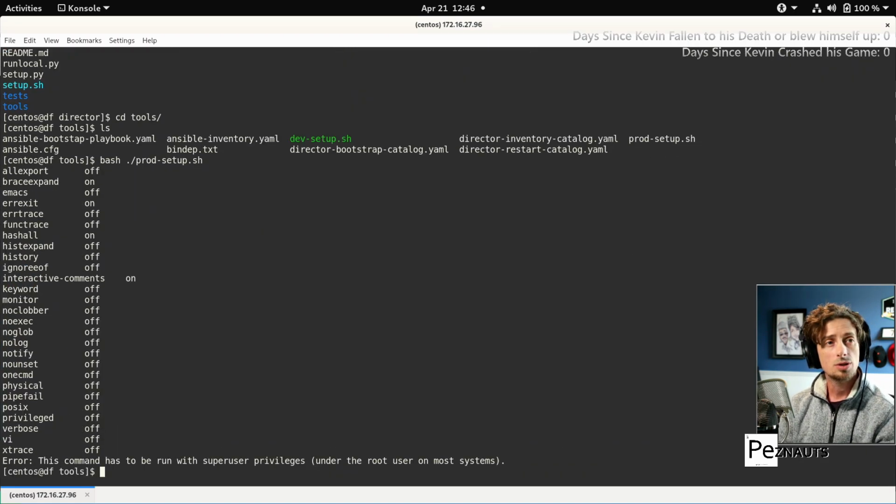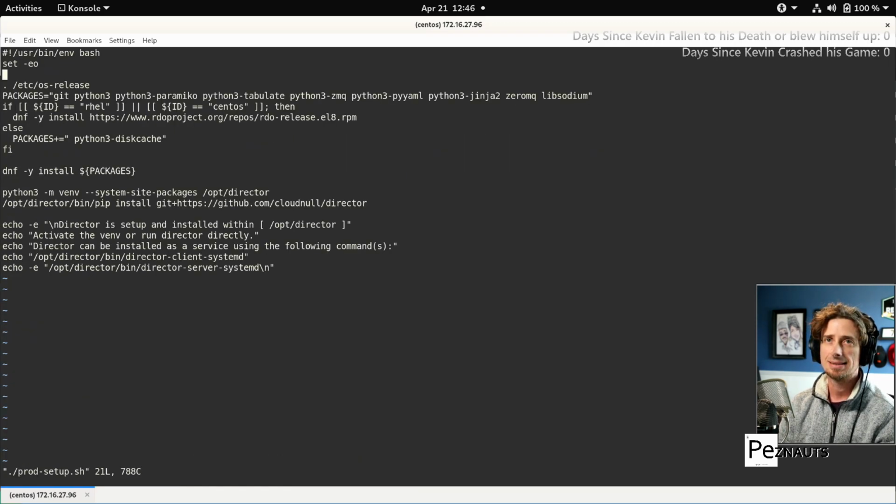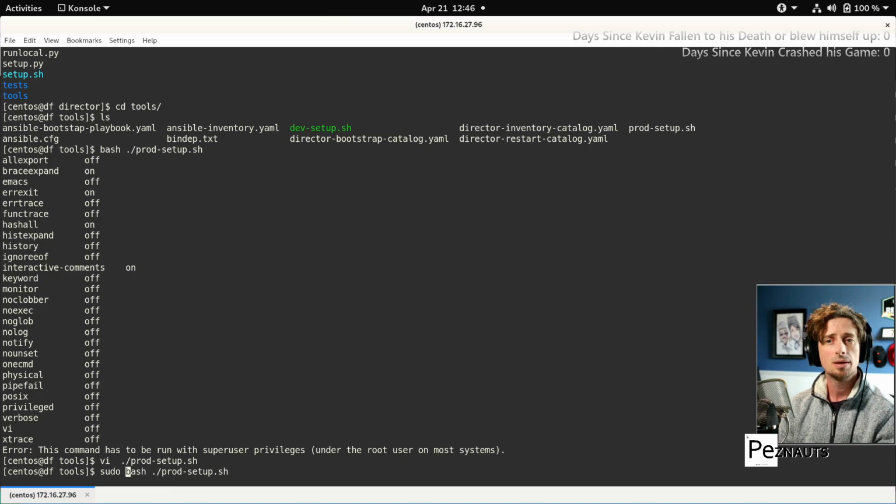The tool requires superuser privileges. Take note of that because you're going to have to escalate your privileges to run this script. Let's talk about the script real quick. There's not a lot to it. The very first thing it does is check the operating system and then build out a list of all the different packages that are required. Once we have that, it installs them. It then installs Director within a virtual environment that was recently created and then spits out some information about it. Pretty easy. So let's rerun the script, escalating our privileges,